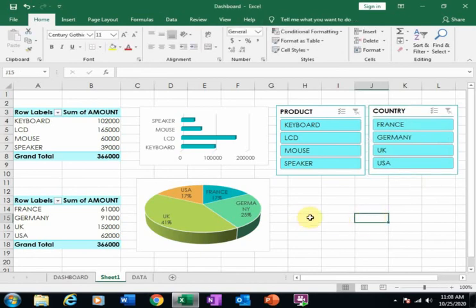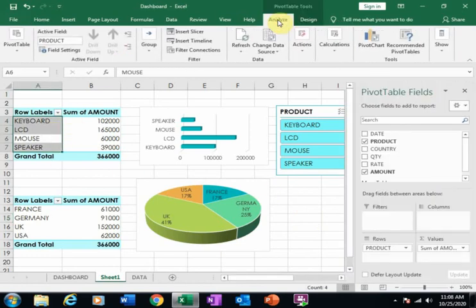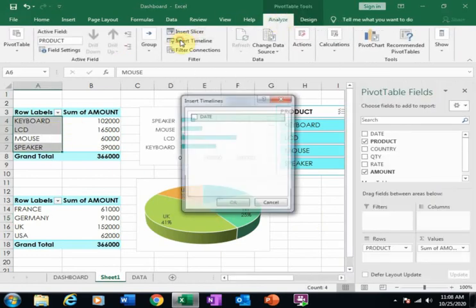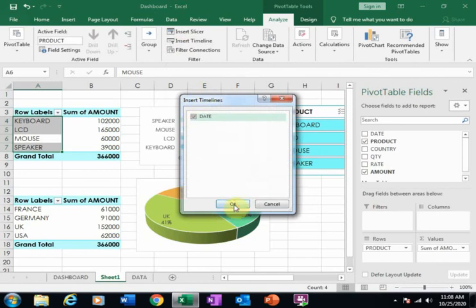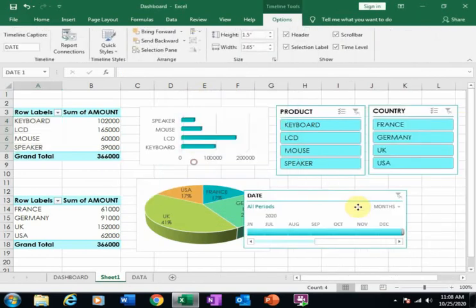Now I will create the timeline. Just click here and go to Analyze, and here is the option timeline. Just click here and click OK. It will display the timeline.